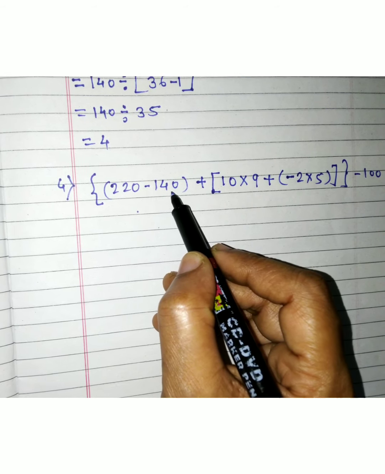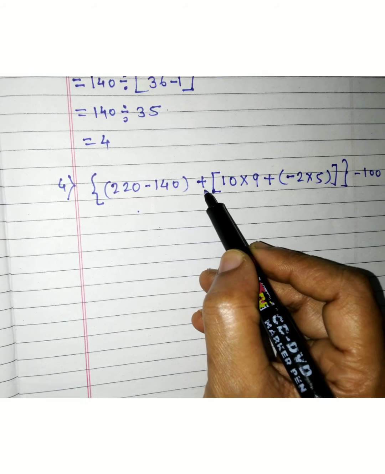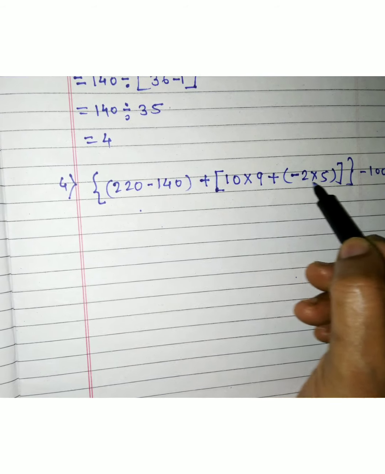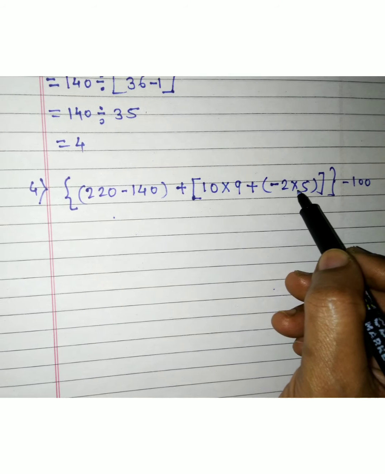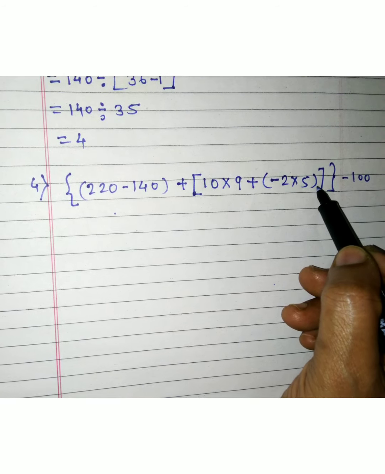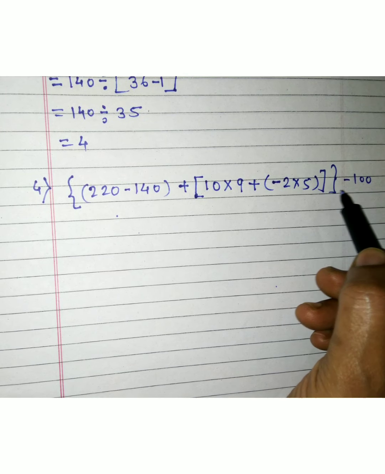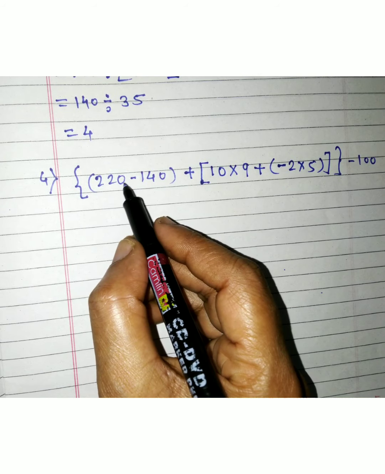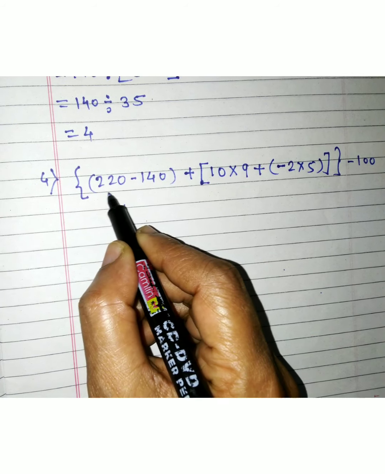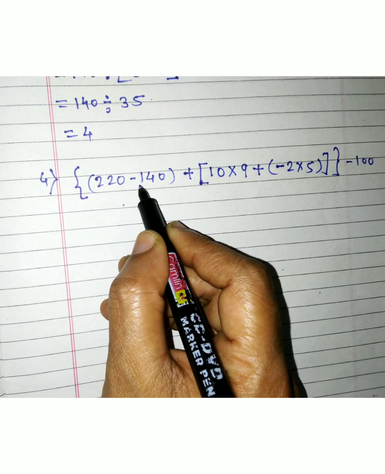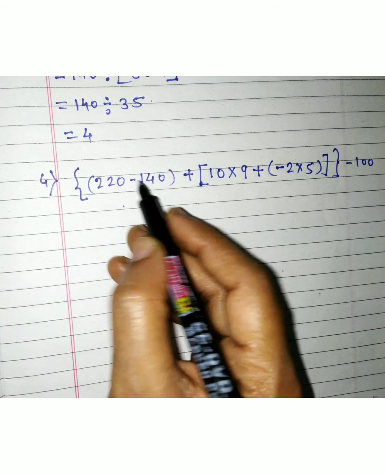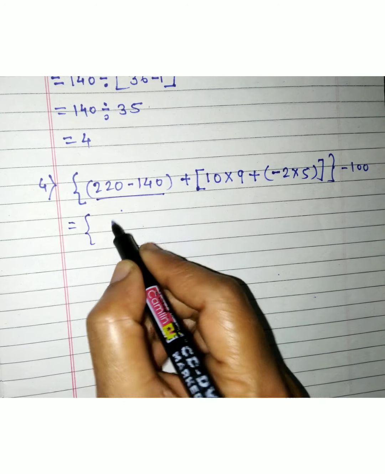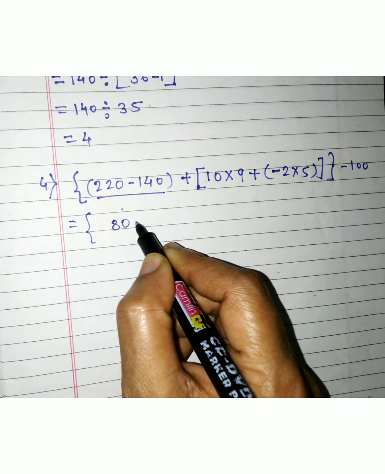In curly bracket, 220 minus 140, round bracket complete, plus in square bracket 10 multiply 9 plus in round bracket minus 2 multiply by 5, round bracket complete, minus 100. Now we will solve this bracket. 220 minus 140. So your answer is 80, plus,